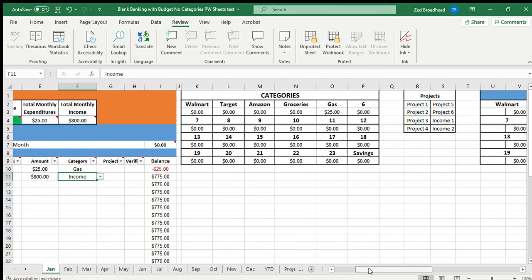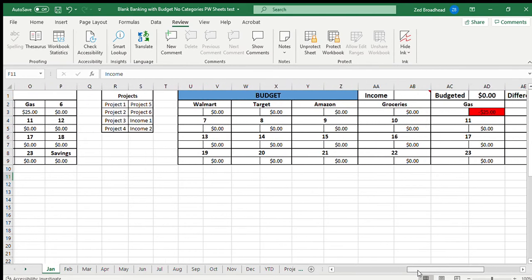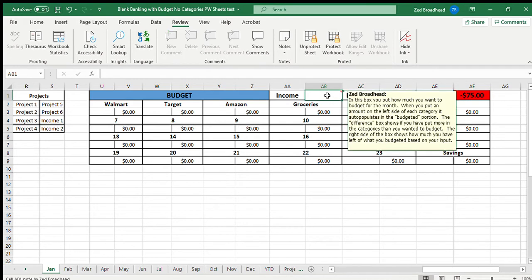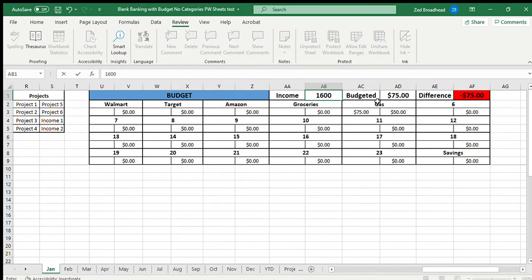You'll notice over here in our budgeting tool, it also put all these things in here. So right now it's saying that we've spent $25 more than we've budgeted. But let's say we want to budget $75 for gas this month. Now maybe we have $1,600 worth of income over the month. So now you can see we want to budget for $1,600. We've budgeted 75 of it,